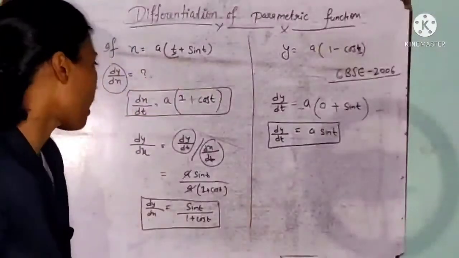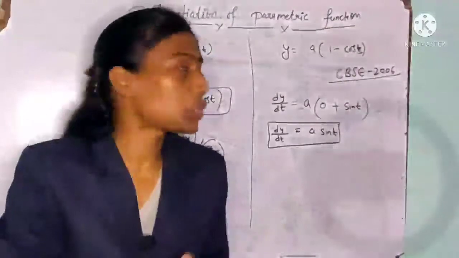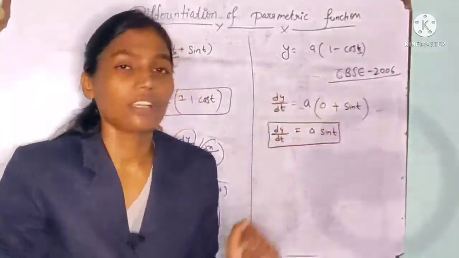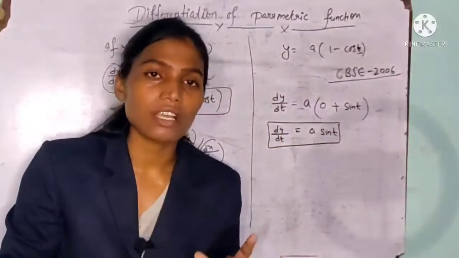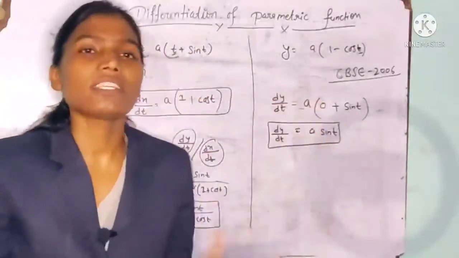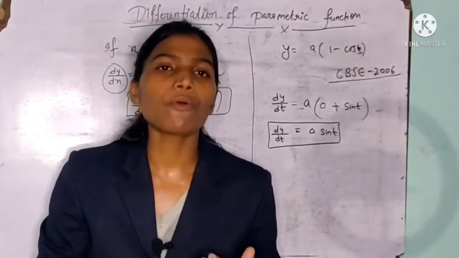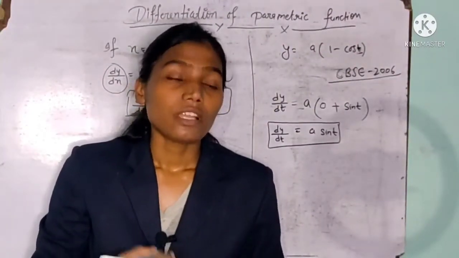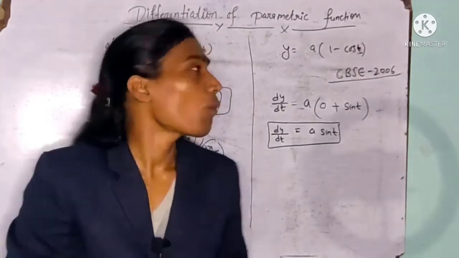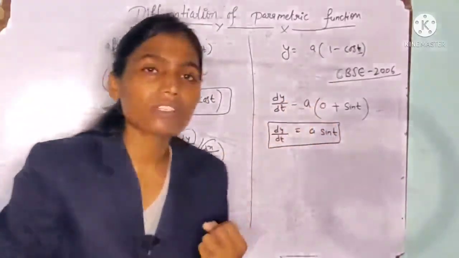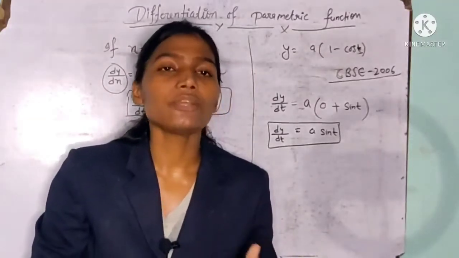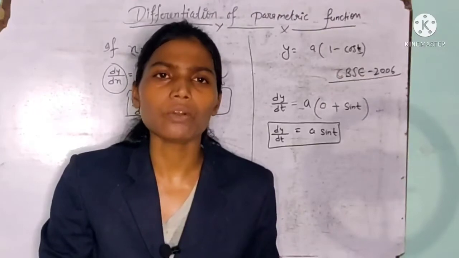Once again I explain. Given two different functions, the variable is the same. What is that variable? T. If we have different functions but the same variable, then that variable is called the parameter. That's why we call these functions parametric functions. I hope you can understand. So if you have any type of function, you must figure out what type of function it is. If you can find the type of function, then you can easily differentiate it according to the appropriate rule.